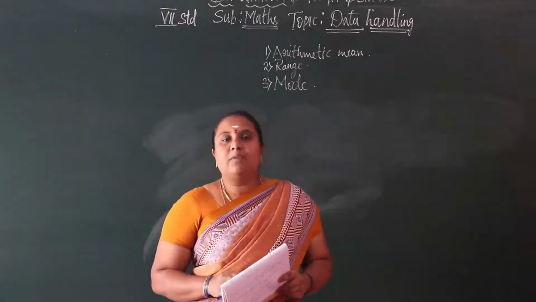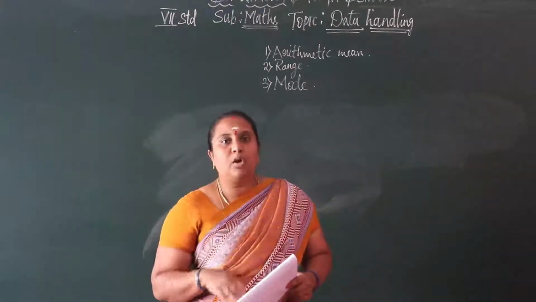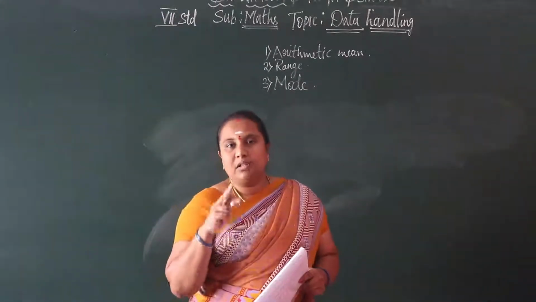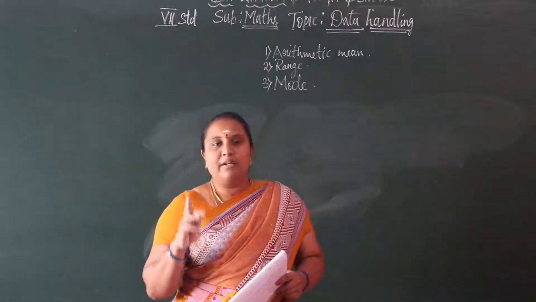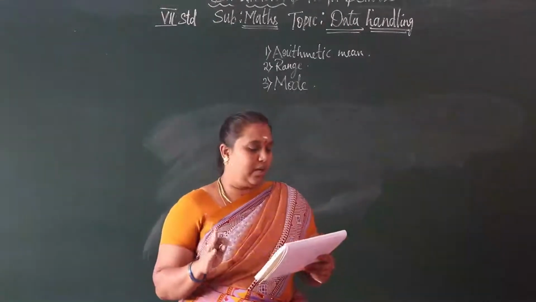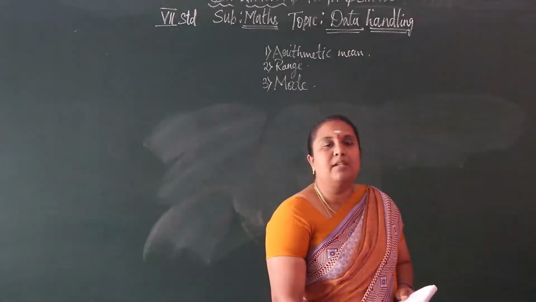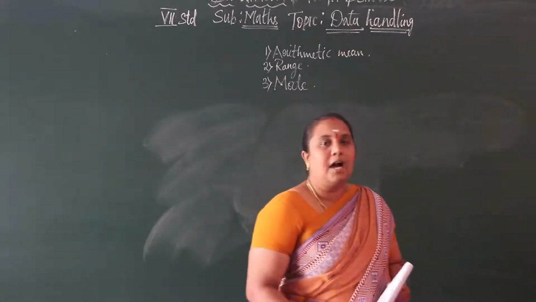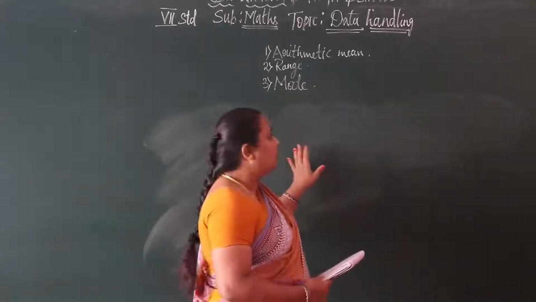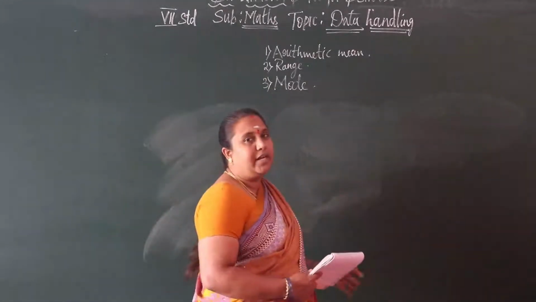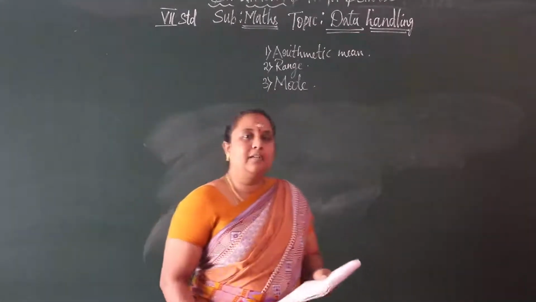In the given data we want to find out the mode. How to find the mode? The repeated value in a given data. See what the given data are, in your textbook. I won't write on the board, since we have so much data. I will directly write the solution.